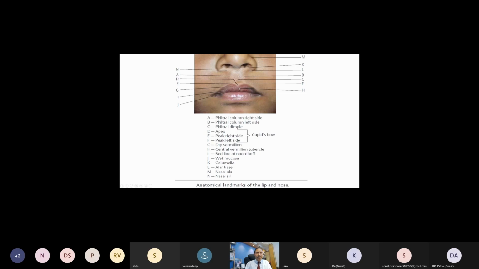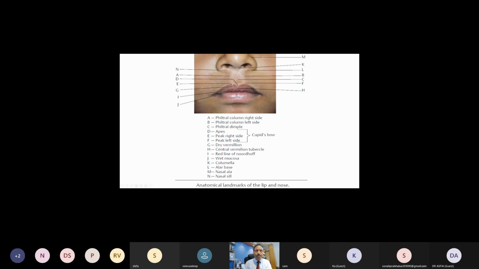Then this is the tubercle of the lip, and this is the dry vermilion, and this is the wet vermilion. And in between, there is a line which is also called the red line of Noordhoff. So it is important to maintain the thickness of dry mucosa as well as wet mucosa on two sides. When you are repairing a cleft, it is important to maintain this height and this height